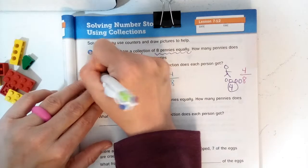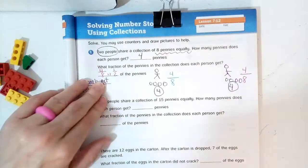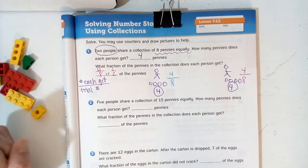4/8 or 1/2 because they're equal. We're going to do that for each of these step by step. Okay? So number 2